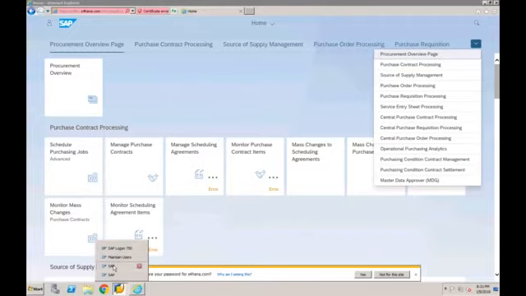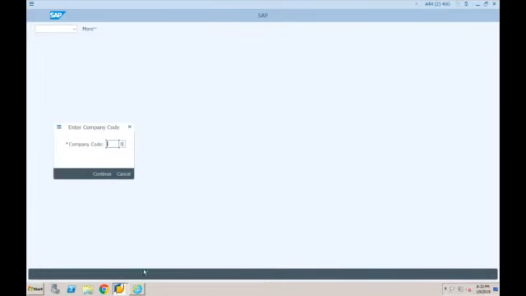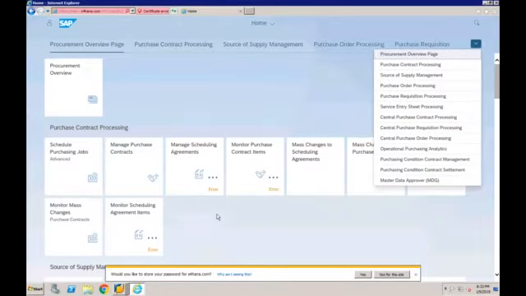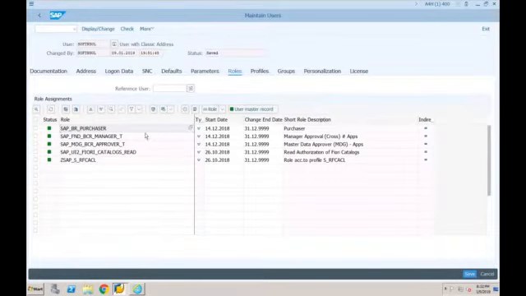Irrespective of what authorizations you have in traditional GUI, it is not necessarily the case that the same authorization will automatically be applicable in SAP Fiori, because the roles which you assign to the user are completely independent roles for SAP Fiori.